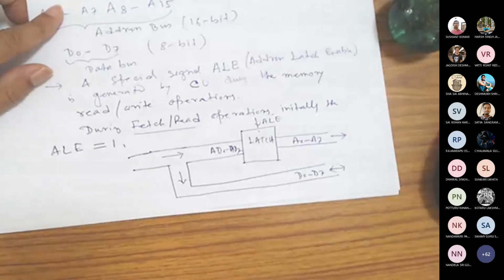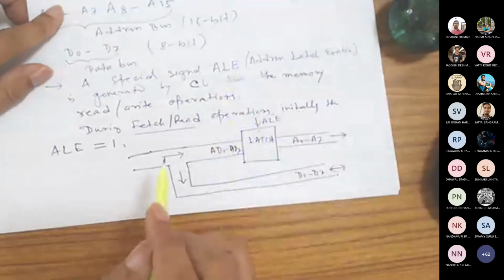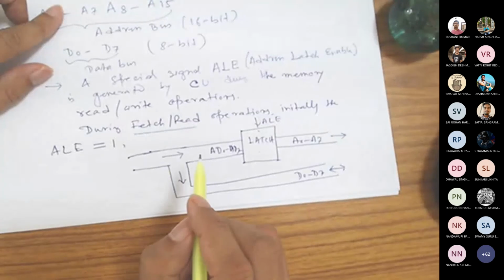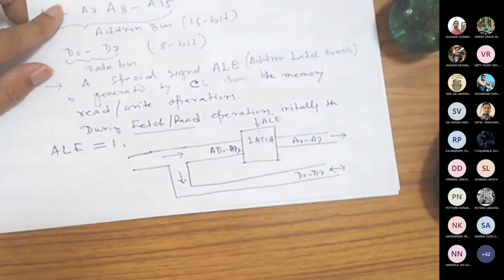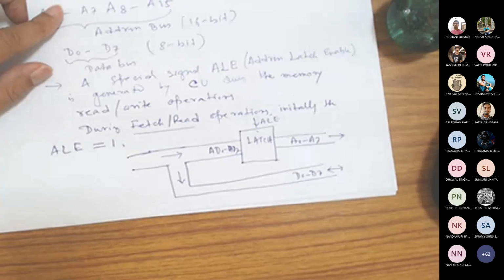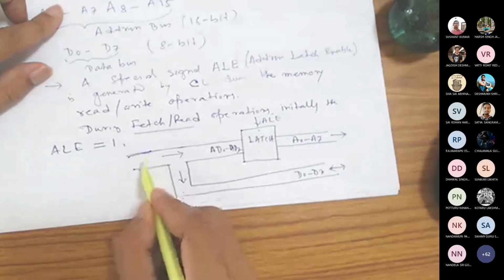Memory read is a signal that is also generated by the control unit. ALE is a signal that is generated by the control unit. The control unit knows when ALE will be generated and when memory read will be generated, at what clock pulse each one occurs. So when the memory read signal goes high, during the initial stage,